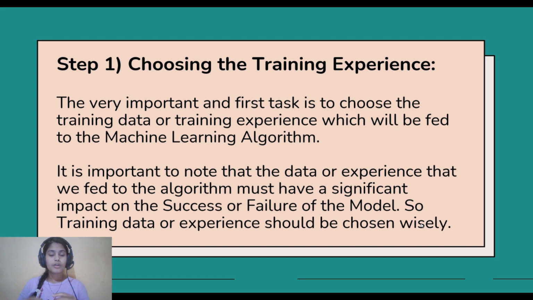As I told you, whatever data you are giving to the machine model, according to that only it will predict the output. And if you give less data to the machine model, it will be doing an approximation. It will predict or make an assumption that this may be the output. So the output may be true or may be false. So according to the training data we can say that the failure or the success of the machine model is more or less. So that is the first step.